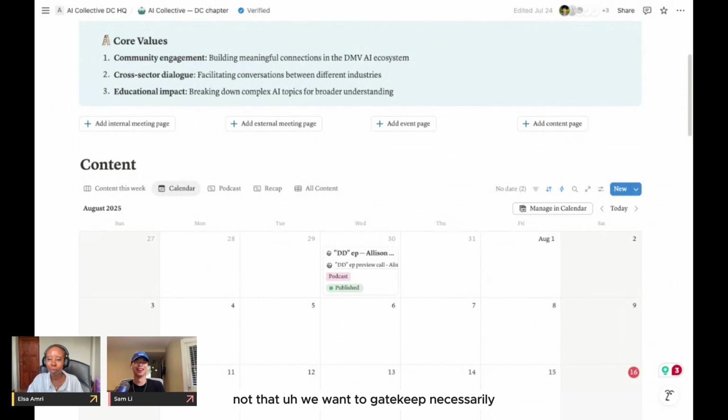Not that we want to gatekeep necessarily, but that helps with making sure each guest or member's permission is set at the appropriate level, so they don't accidentally delete something if they're not using the Notion space as much. So I think those two things keep us mostly in check, both the communication aspect and granting or denying access, as harsh as that sounds.